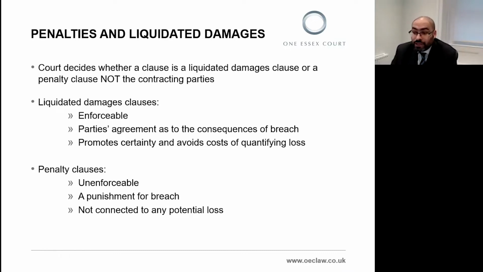So in this example, if there's a leaky roof, I can see that the builder has to pay me £100 to compensate me for my loss, and that looks like a straightforward liquidated damages clause. But what if the contract said, in the event that my roof leaks, you must pay me £5 million? Well, instinctively, that seems to be an unfair penalty. A roof which doesn't leak can't possibly be worth £5 million to me. So the purpose of the clause looks like it is to punish you, to penalise you for doing a bad job. And it's these sorts of penalty clauses which a court will consider to be unenforceable.